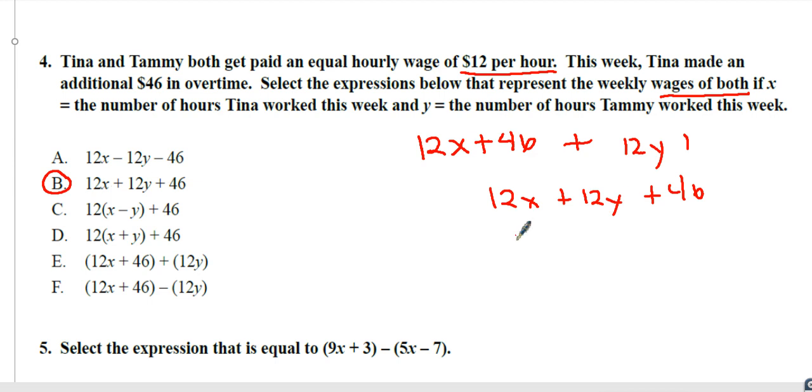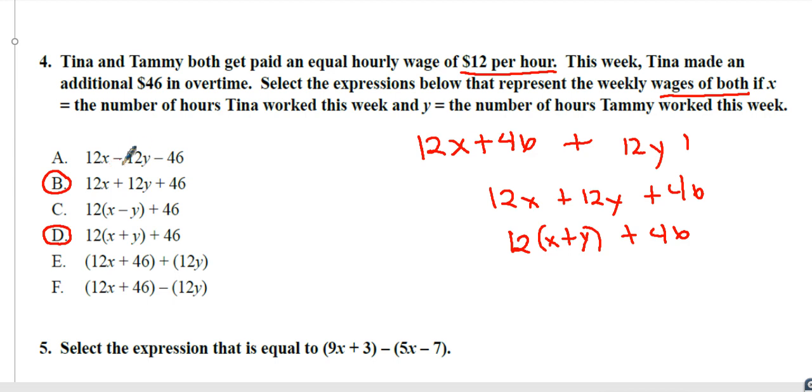But now I can see that these X and Y have the same like term of 12, same coefficient. So I could rewrite this as 12 times X plus Y. Because if I distributed it back, that will give me 12X plus 12Y. And my 46 is still here on the outside by itself. So that's why D would be an appropriate